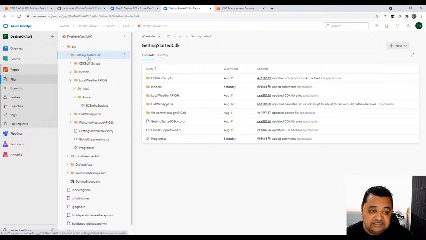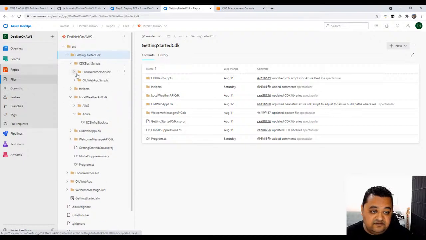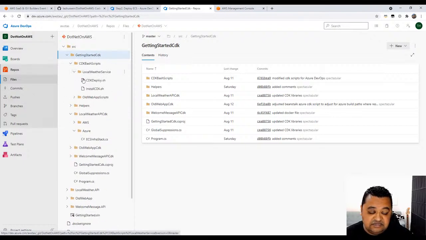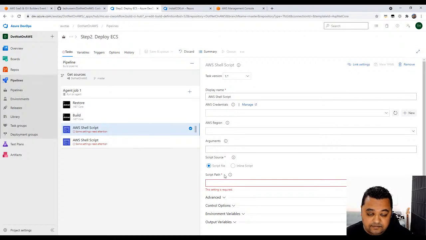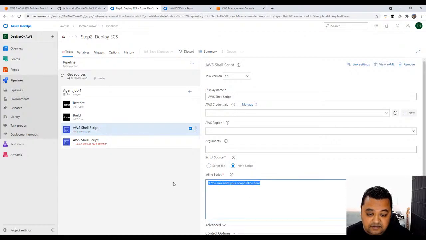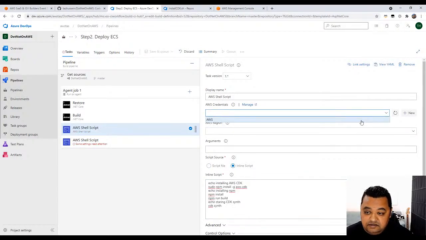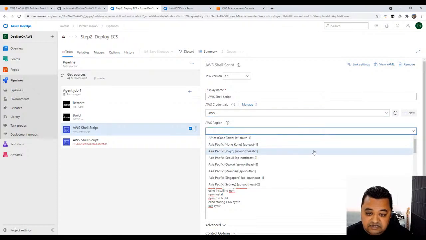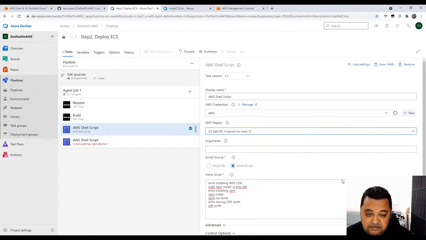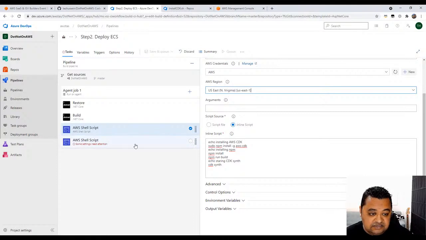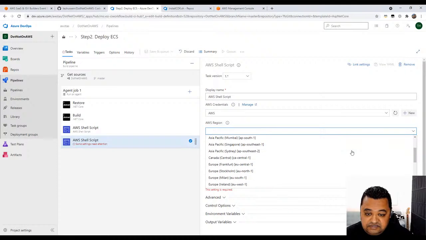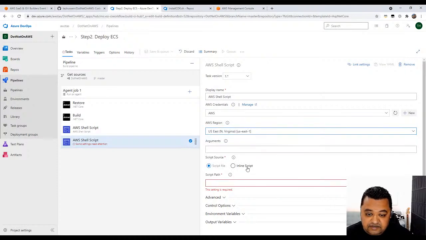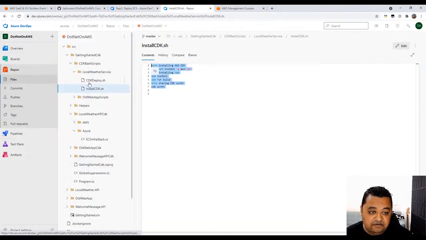So again, back to getting started CDK. And then if you look at the local weather service inside of there, you've got two shell scripts. Let's copy the commands from the install CDK shell script. Inline, paste it in, use the credentials we defined earlier and run this in US East 1. Awesome. The second shell step, same thing again, add the credentials, select the region, inline script, back to my repo,